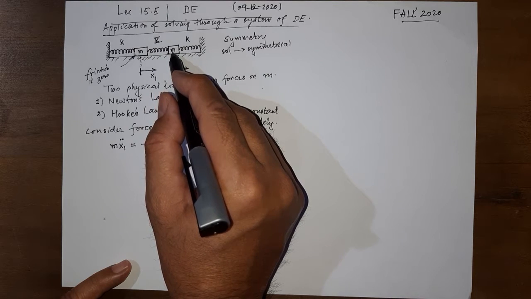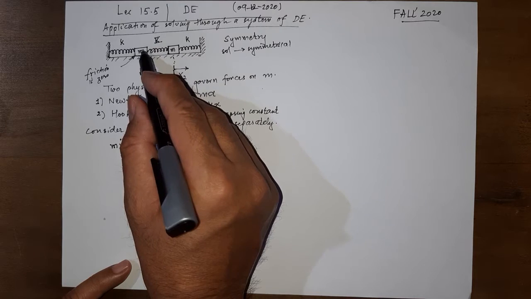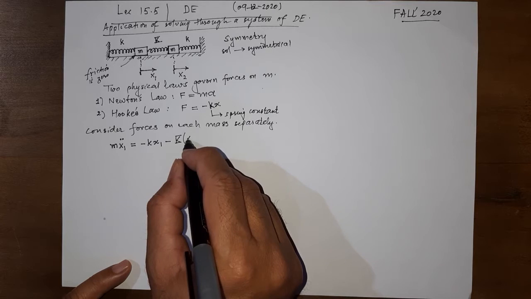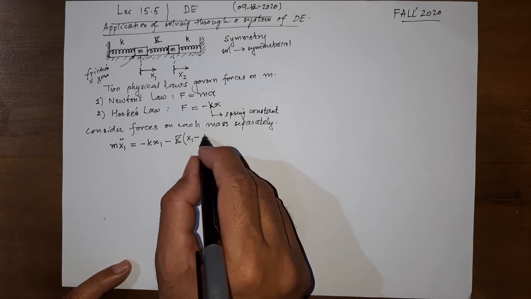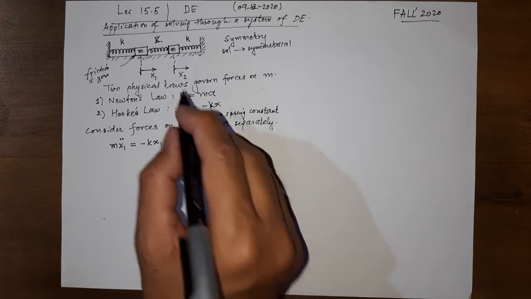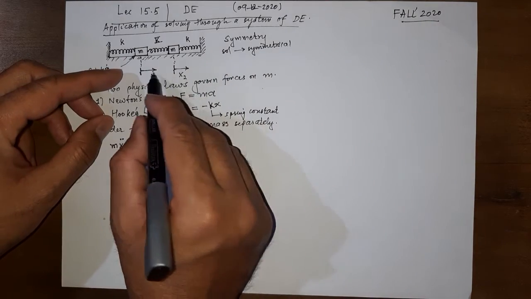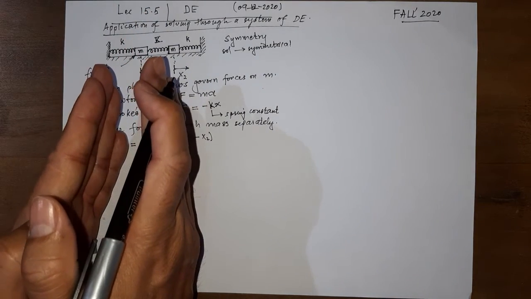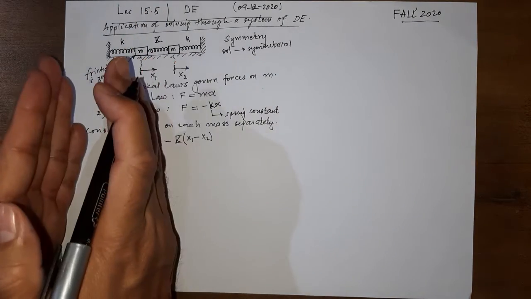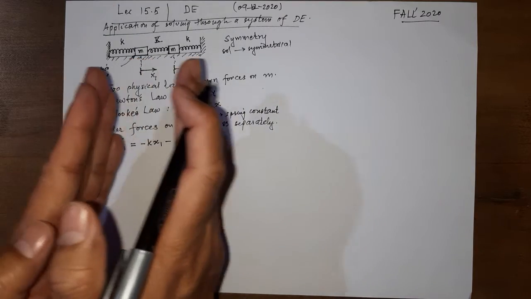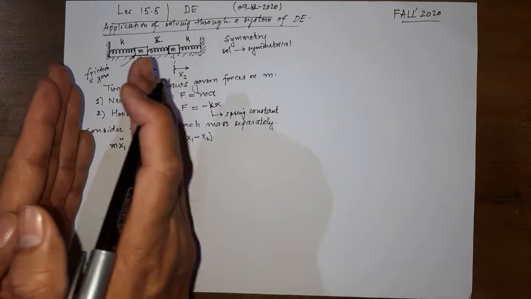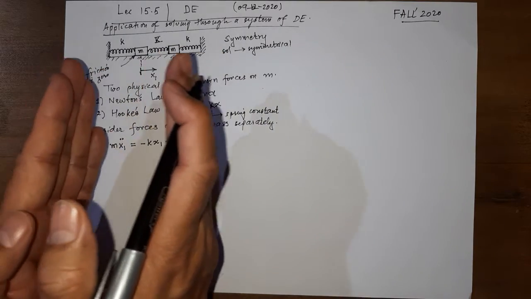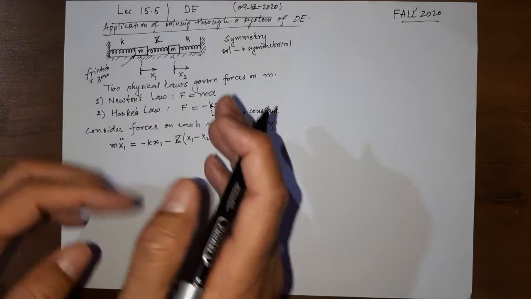So where is this mass located? Here on the equilibrium, closer to this one or away from this one, is going to affect the force on this mass as well. So it is not only dependent on x1 but also on x2. So suppose x1 and x2 are equal, they move in unison. So we have two masses and they move together. In this motion you can see that the middle spring is like it's not there. It may be a bar connecting the two masses. The effect of capital K is gone if the motion is this way.